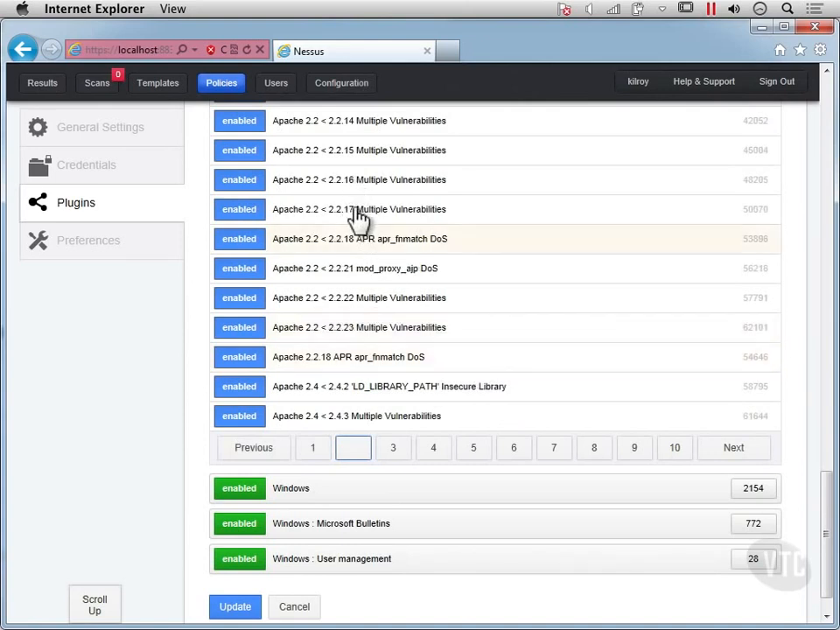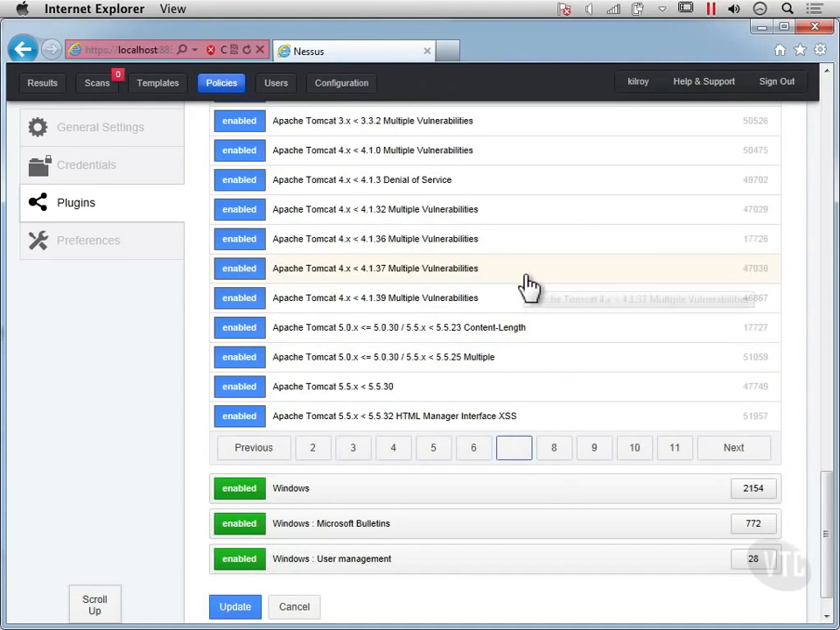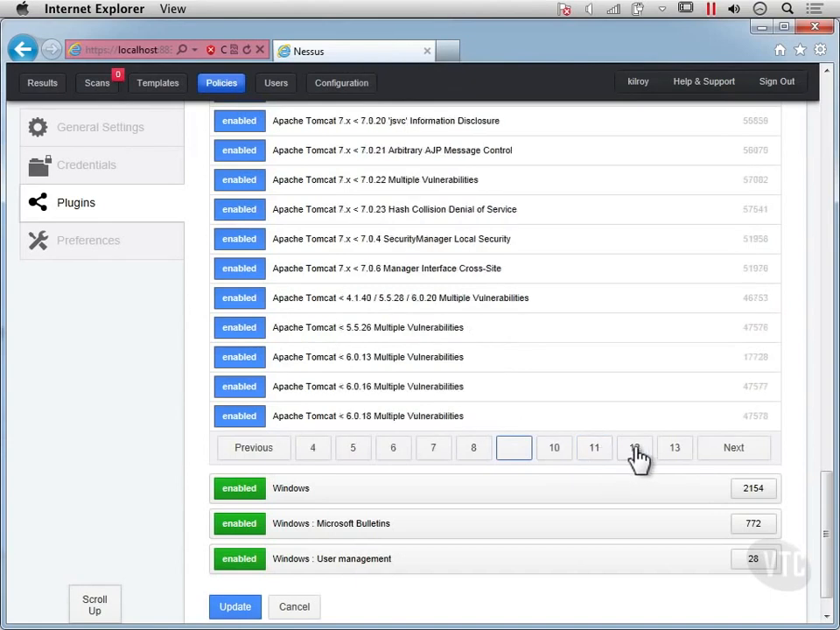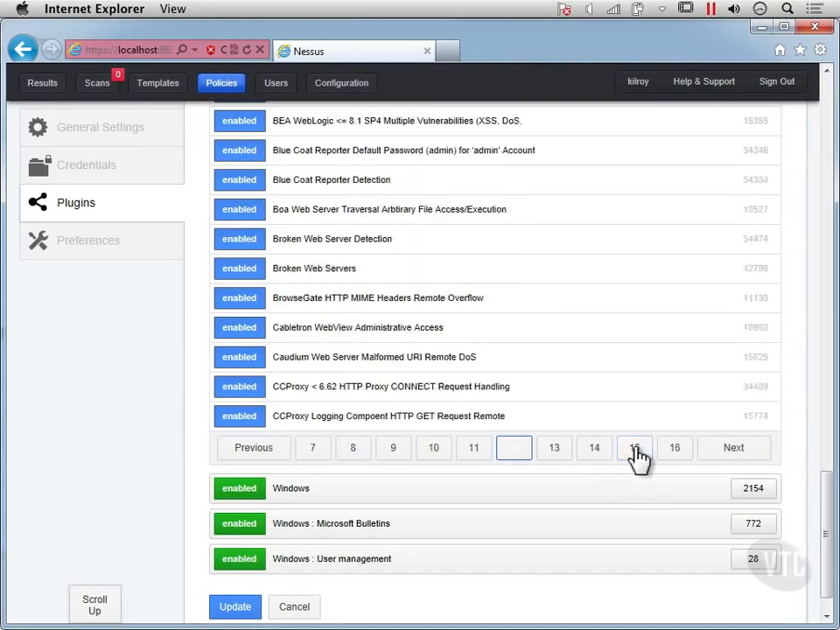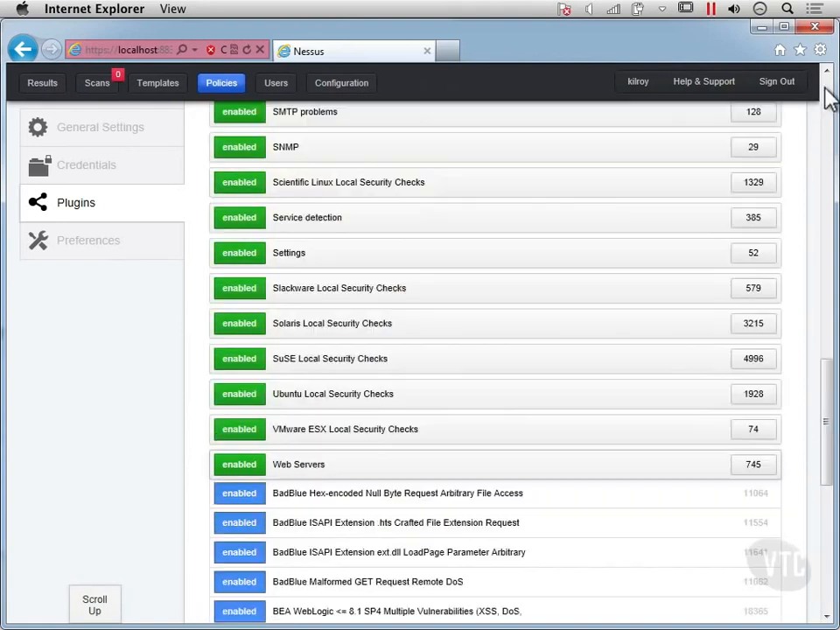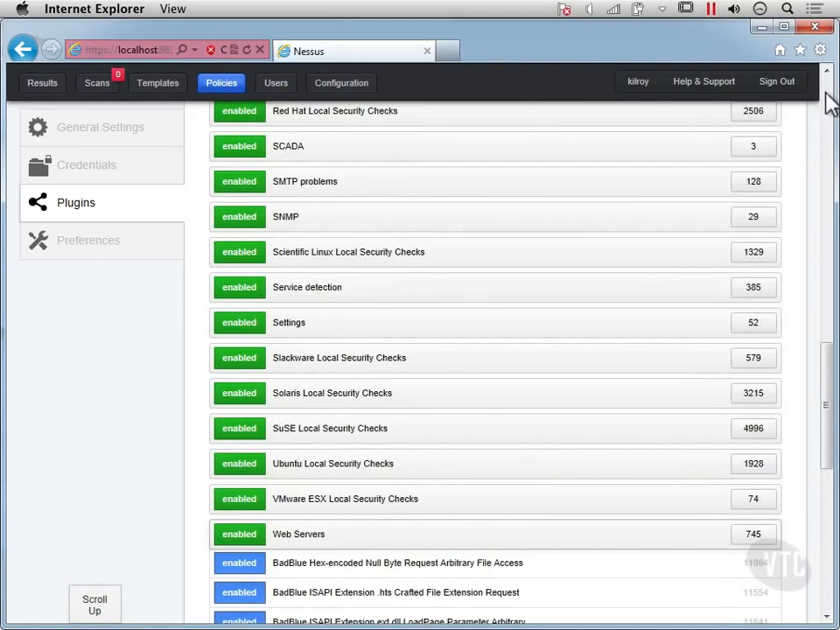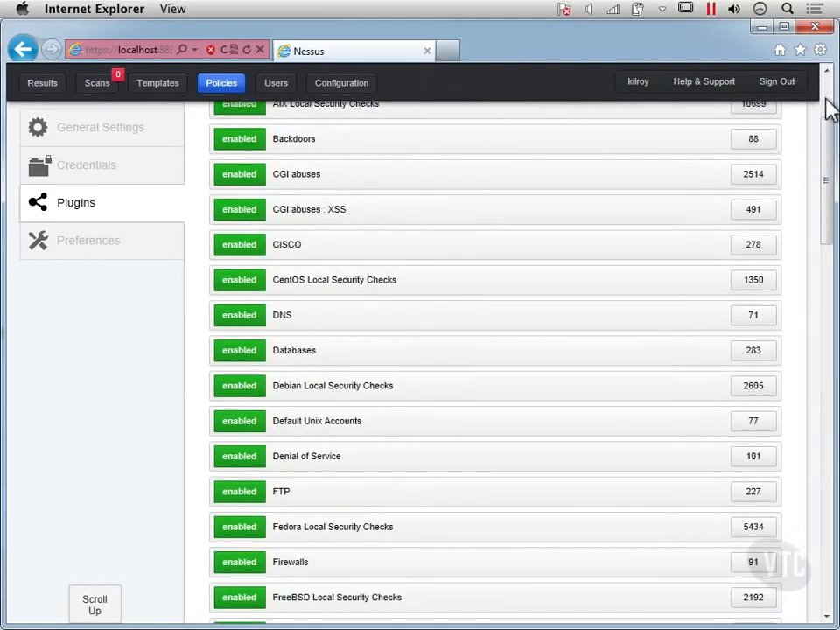And you can see all of the different tests against Apache servers. And there are a lot of vulnerabilities in Apache. And here's Apache Tomcat, which would be an application server that's based in Java. And here's a number of other Tomcat possibilities or vulnerabilities. And we've got broken web servers, and we can check for Blue Coat as well. And let's actually scroll back up here and take a look at the CGI